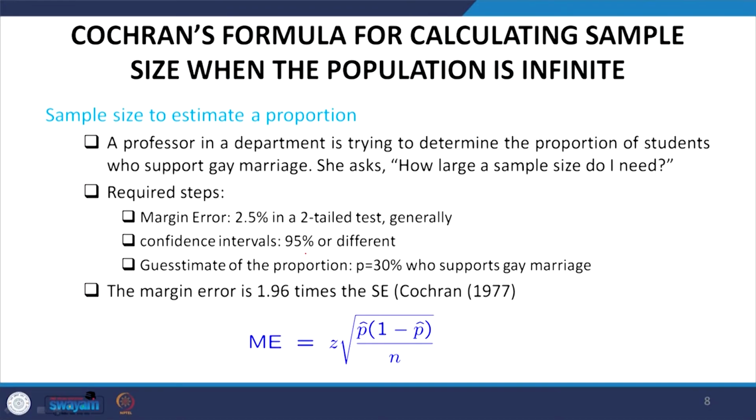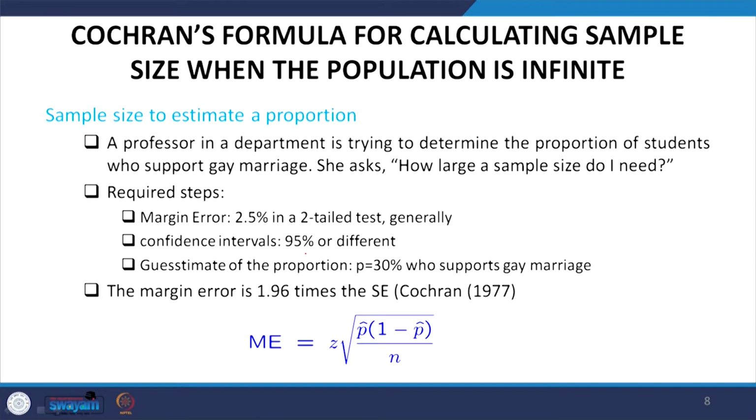Suppose a professor in a department is actually trying to get the proportion of students who support gay marriage, and she simply asks how large a sample size do I need in order to understand gay marriage. Okay. So, the required steps here, to understand how large the sample should be to understand the proportion of gay marriage: the margin of error, suppose, is given as 2.5%,